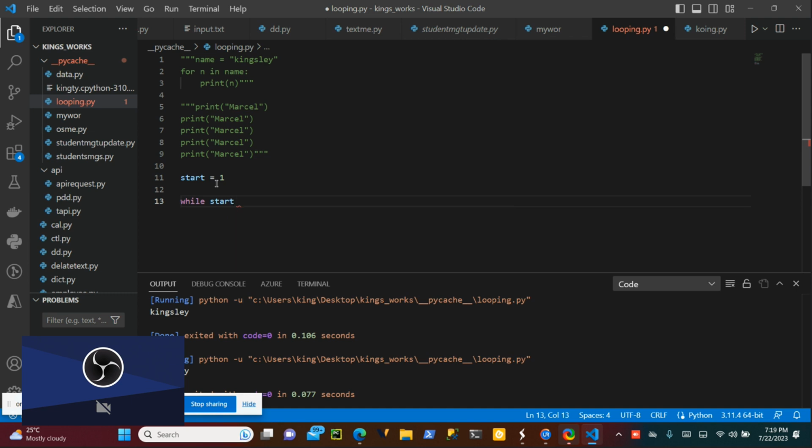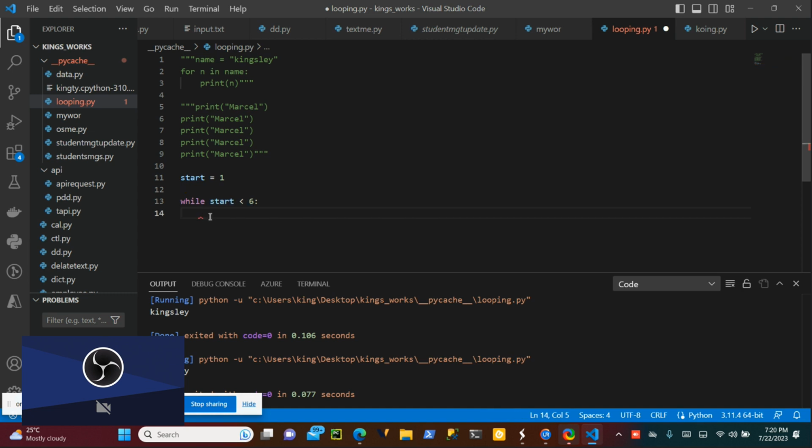So while start is less than 6, then this is the block. Okay, so while this statement is true, it's going to print. While this condition is true, it's going to print the statement inside the block.